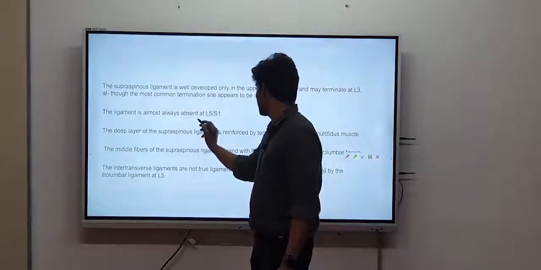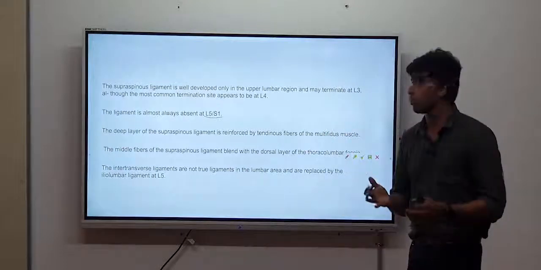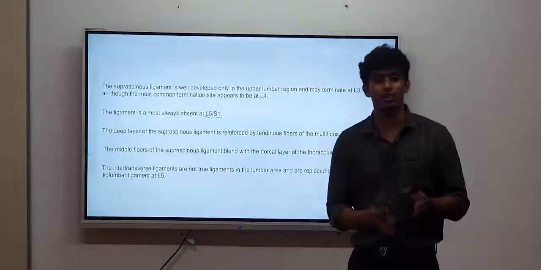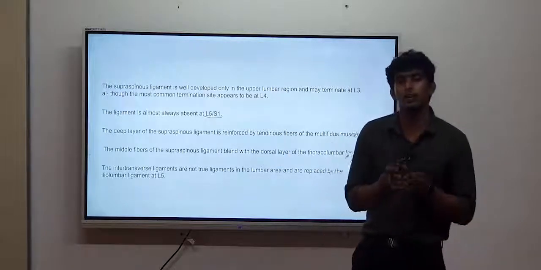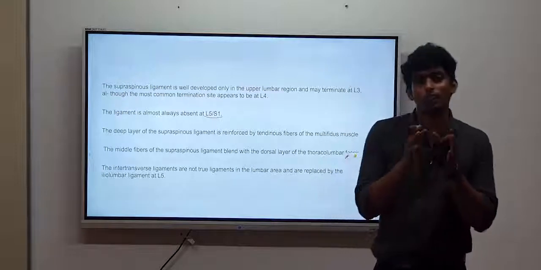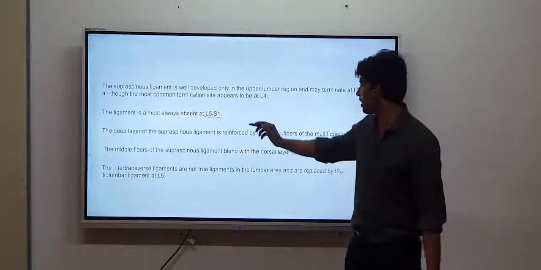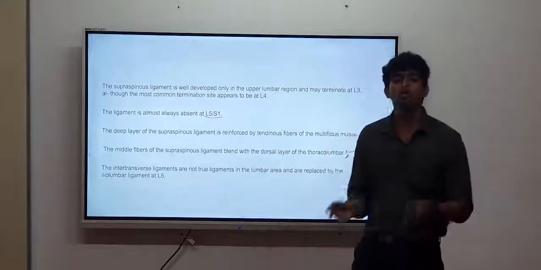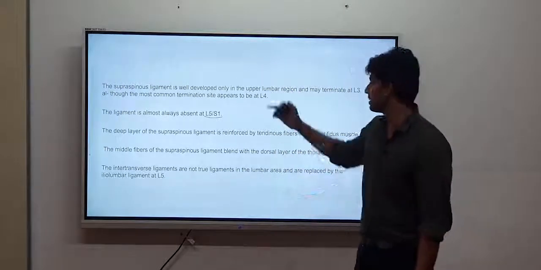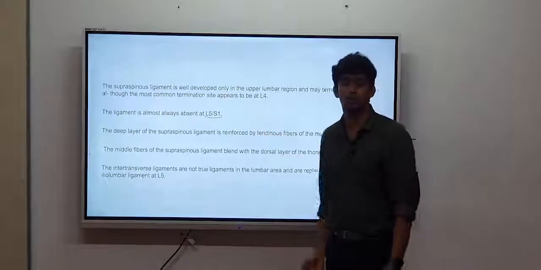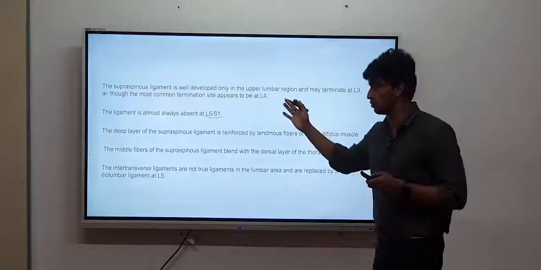The ligament is always absent at the L5 S1. That ligament is almost always absent at the L5 S1, just because S1 means sacrum 1. Sacrum is having a function. It's like S1 to sacrum, all the bones are fused together. So what will happen? L5 is also having almost similar features like sacrum. So when it is coming towards the L5 S1, the ligament is always absent. It is not required, because it's almost fused in the sacral area. It's not almost, it is fused.